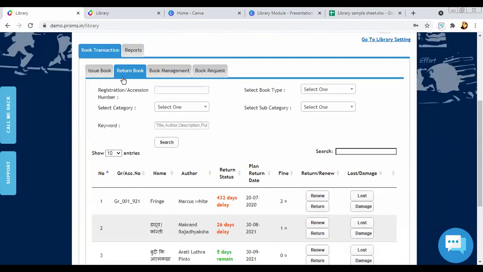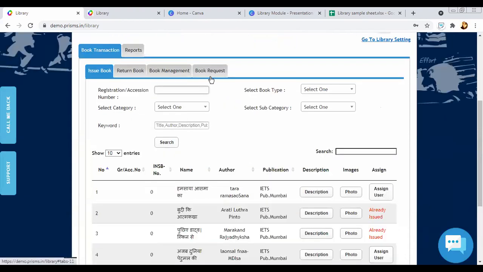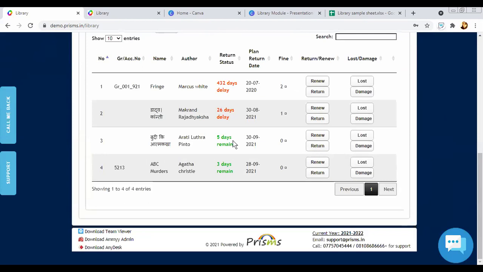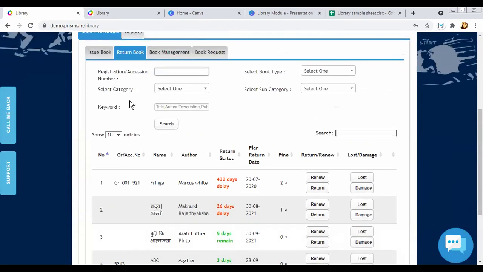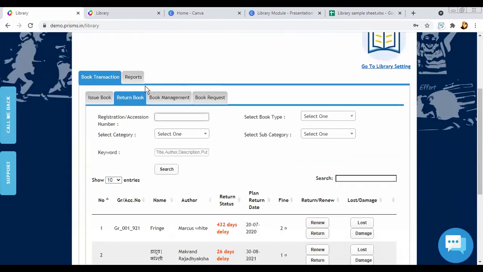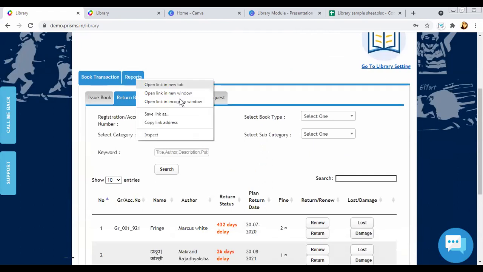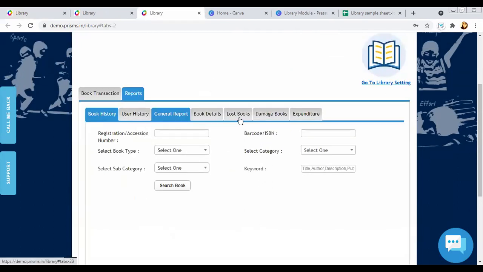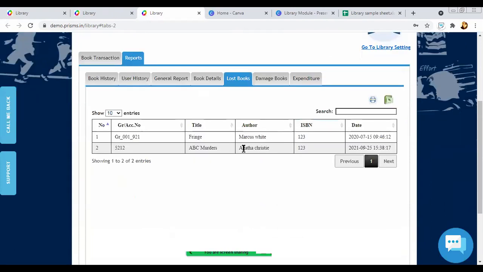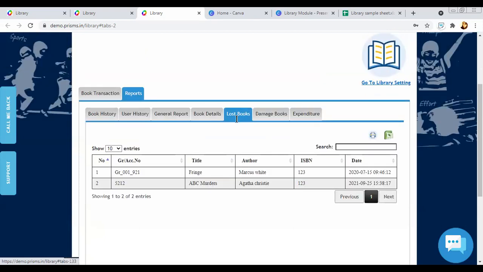Now, this is about the return book. These are the two ways of issuing, and how the librarian can return or report the book as lost or damaged. Now, once after this, if you want to see the reports, like I have one question: which are the lost books, which are the damaged books, how many have been reported. In reports, I'll be able to see that.